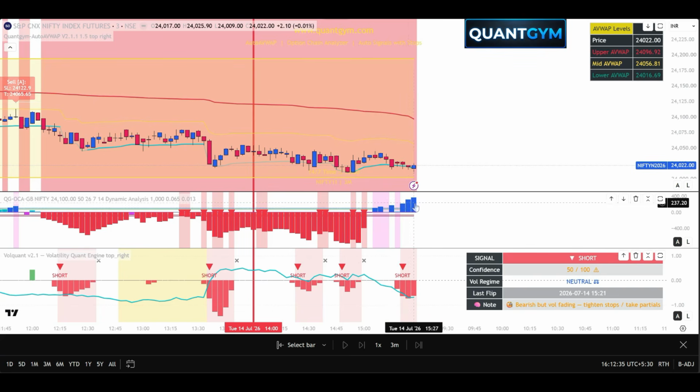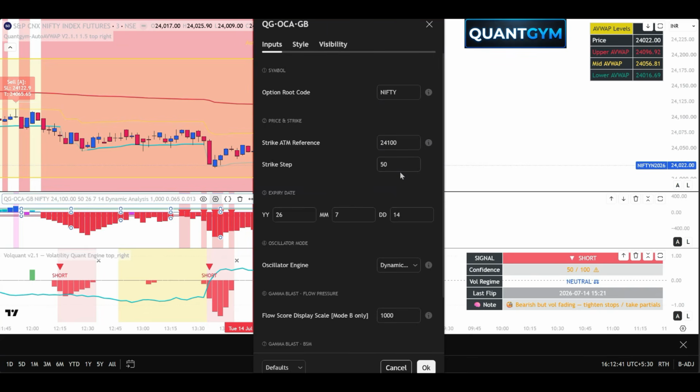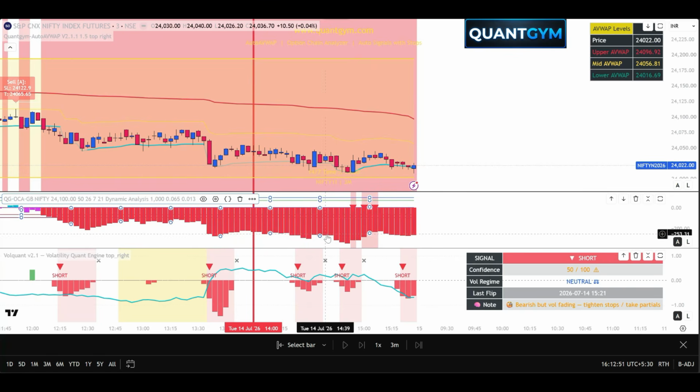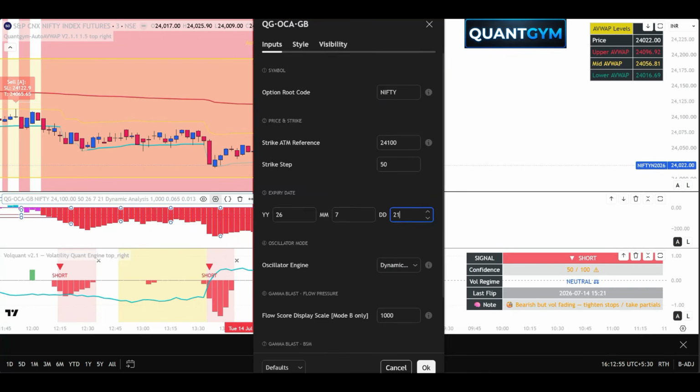where this was bullish. So whether this was intraday square off or a major position building was taking place, we will understand if we go to next week's option chain, which is 21st. Just give it a second to recalculate. Yeah, this was totally bearish. If we go to the monthly,